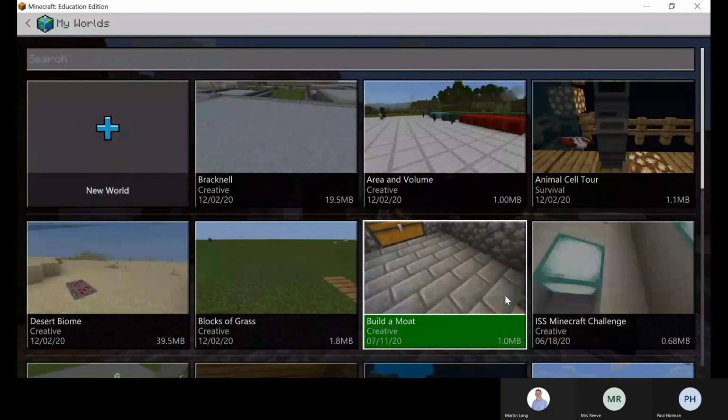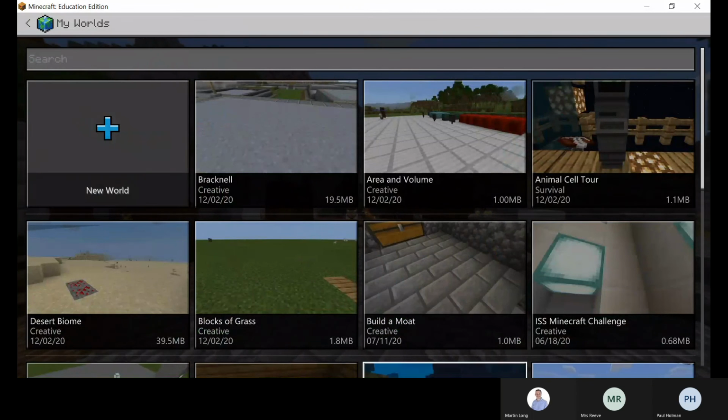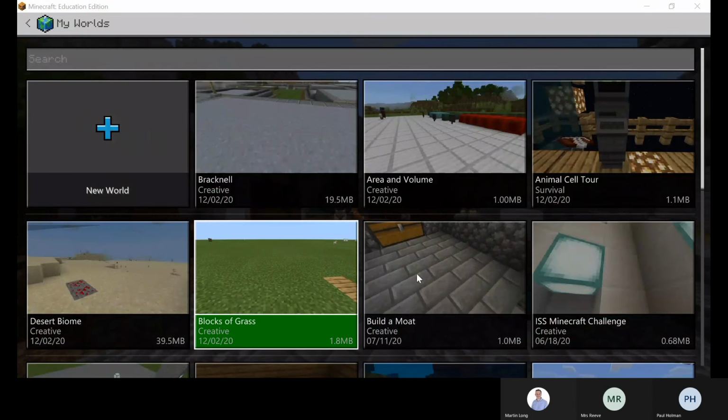But again, we run separate sessions around Minecraft Education Edition. If it's something you're interested in in the future, you'd be welcome to come along to one of those. So any questions today around Minecraft Education Edition, or anything that you've got that's going around your head with how it might fit into your school or your trust?